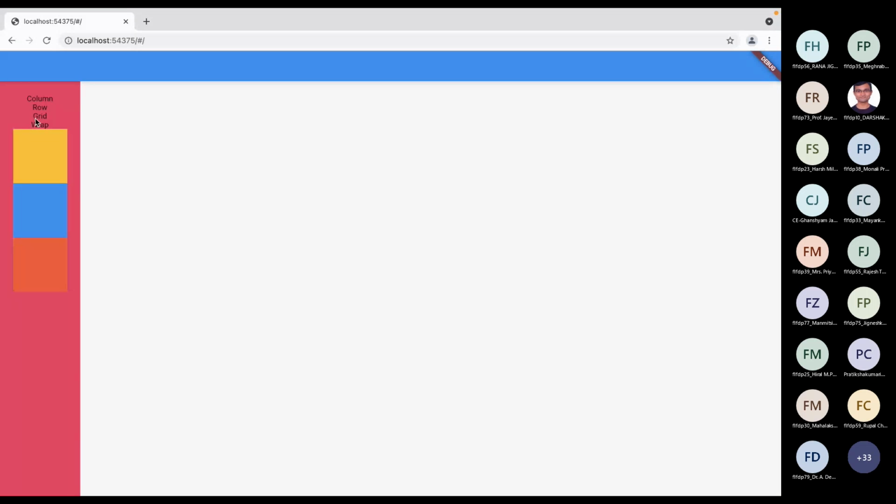So basically this main axis alignment tells us from where our children will be placed, or at which place our children will be placed. If it is start, then it will place from the start, and if it is end, it will place at the end. For the column, start is at the top and end is at the bottom.